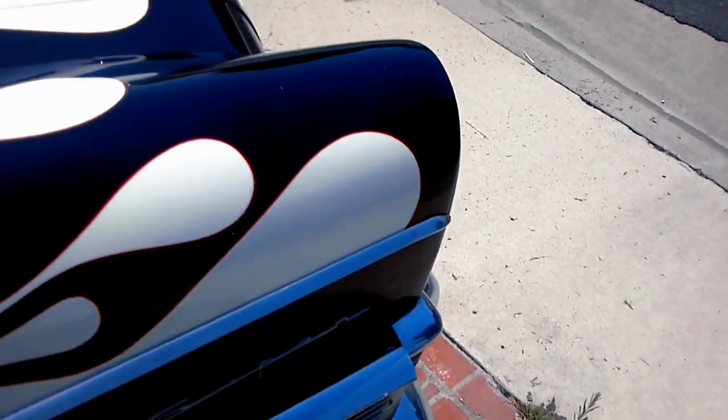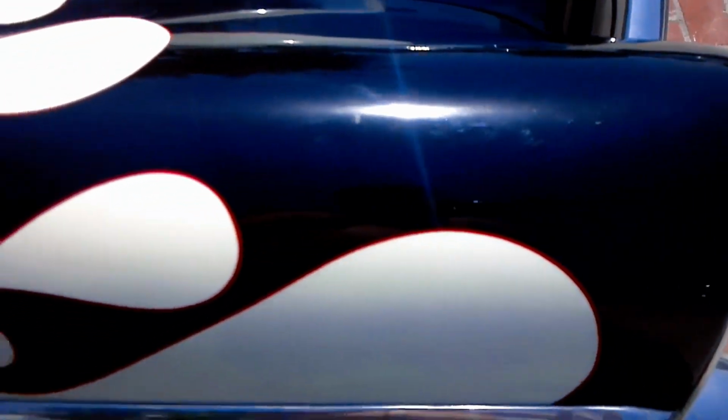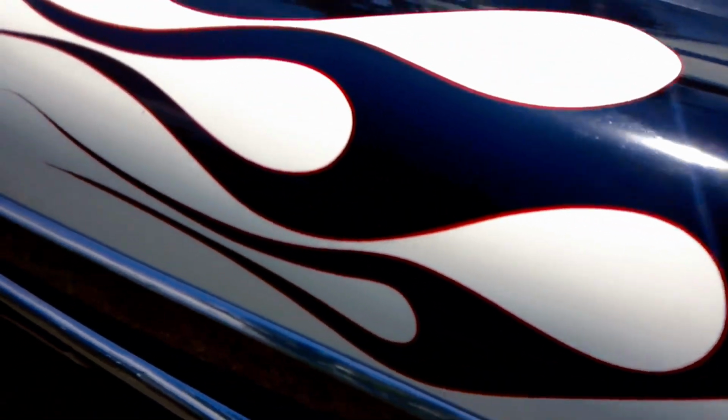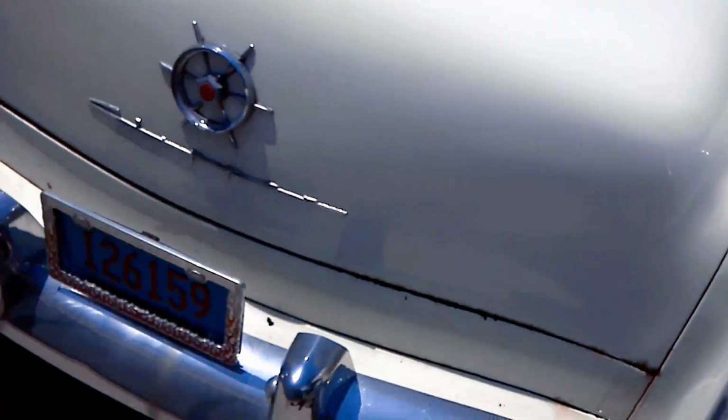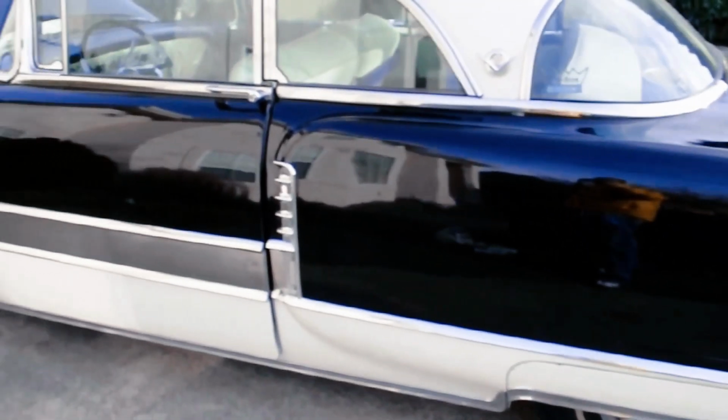Today, the 1955 Caribbean is considered a classic among collectors, valued for its design and the nostalgia it evokes. Its rarity and unique features have made it a sought-after model among automotive enthusiasts, despite its commercial failure. A luxury vehicle must strike the right balance between features, performance, and pricing. The Caribbean's high price limited its market appeal, even with its